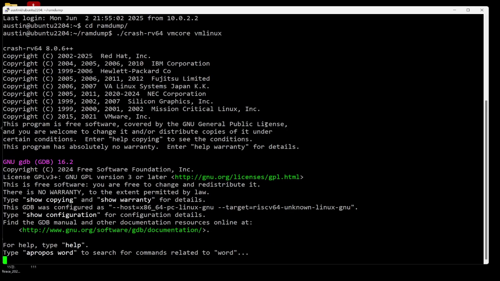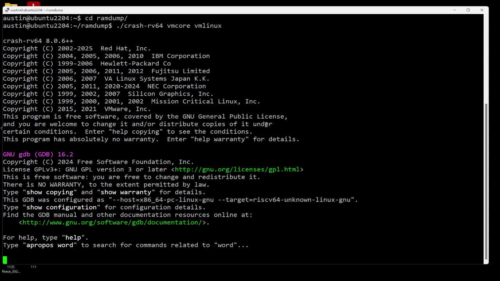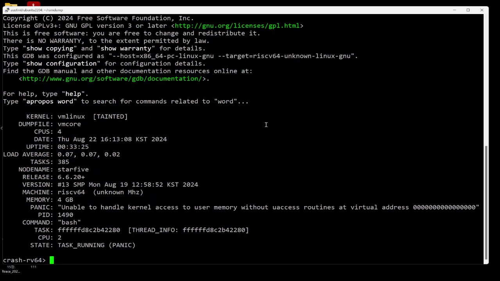Another thing I'm going to remind you is that the vmcore is extracted from a VisionFive 2 board. That is one of the popular RISC-V devices available in the IT sector. Another widely used RISC-V based device is the VigorBoard. So next time I'm going to capture the vmcore from that VigorBoard and then I'm going to show you how